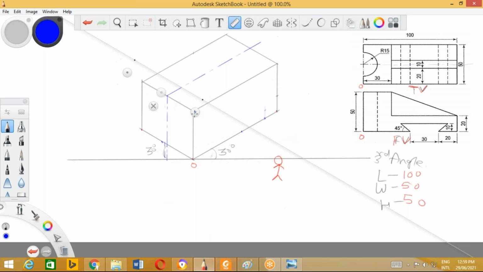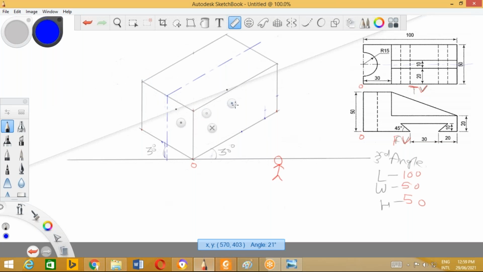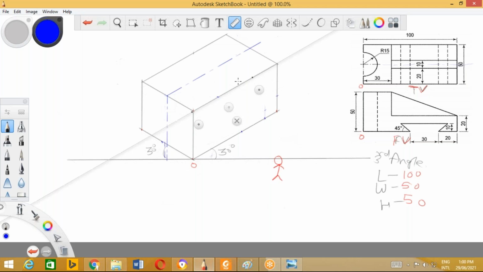Sorry, we have to match this with the length because it is on the length side. Measure this dimension, mark 30 millimeter and locate this point at a distance of 30 millimeter. This is the point, and draw a line. So this line is visible over here.